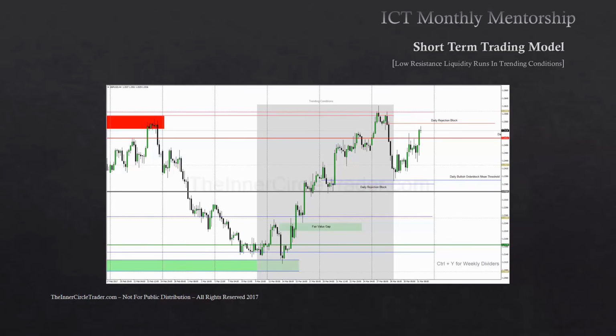When we look at the 4-hour chart and we can see a PD array, for instance, a discount PD array, this could be in the form of a bullish order block, an old low, a fair value gap, a breaker, any of these types of PD arrays. If we're looking to go long, if that occurs or forms near a divider level or a quadrant level, as I call it, you'll be able to see high probability movement away from that level